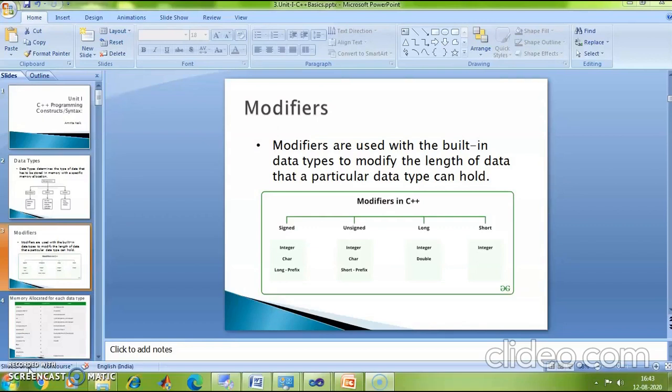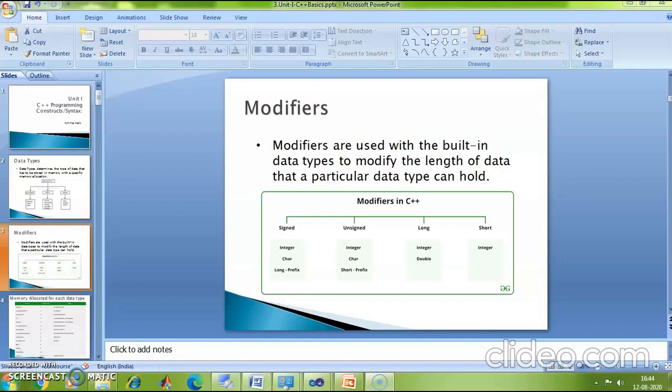With respect to the signed modifier, this modifier is used to represent both the positive as well as negative value of a number. The signed modifier is only used with respect to integer and character data types. You cannot use a signed modifier for a floating point data type or a double data type or a boolean data type. Signed modifier is mostly used with respect to integer and character.